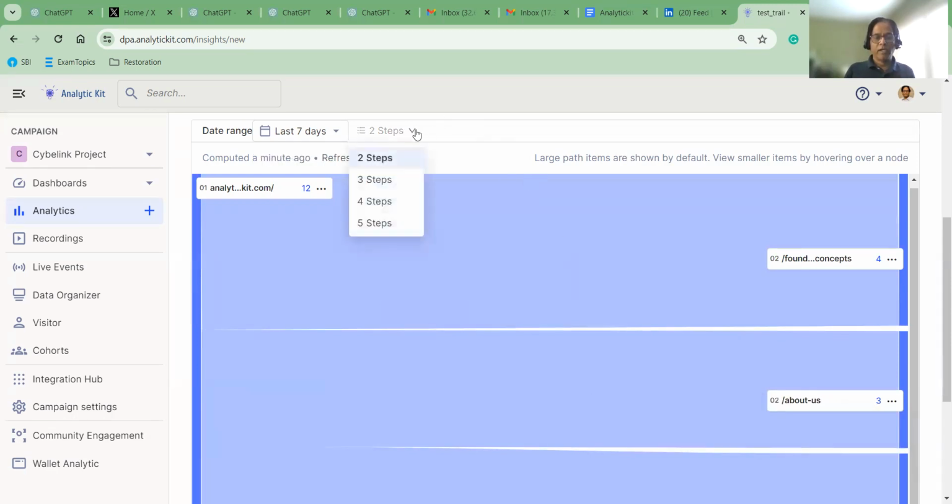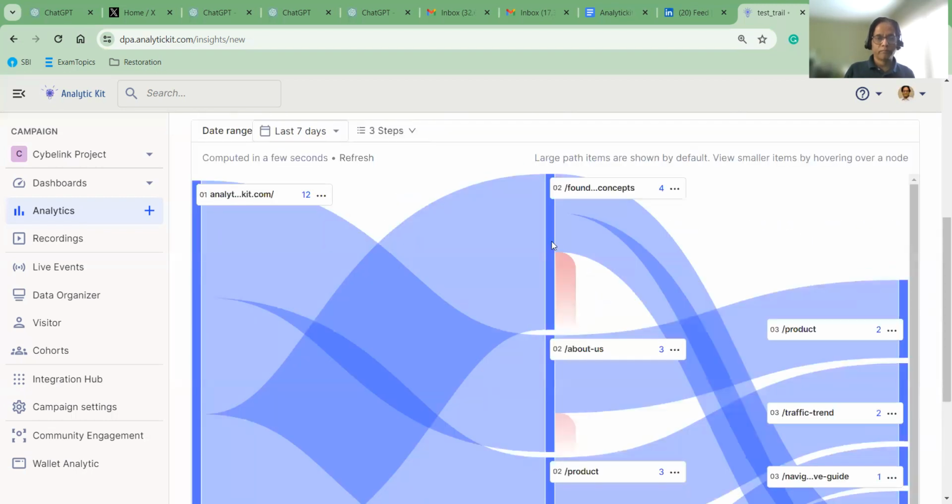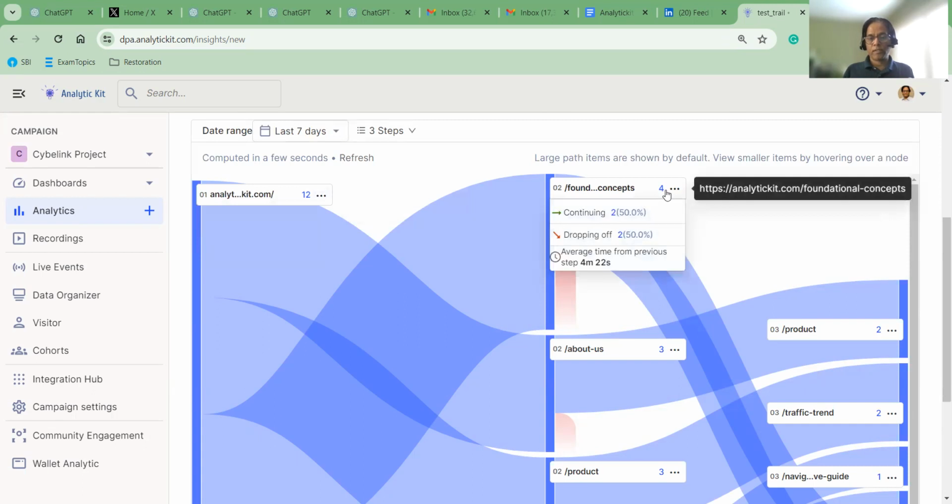Say I change to the 3 steps. Then you can see the total number of users, the 12 users, they are continuing from the first step. The 4 users came to the second step, and then all the 4 users dropped. So they did not go to the third step. So the third step, they dropped all the 4 users. In this case, they dropped off from your website. So you have to find out what exactly happened and why they